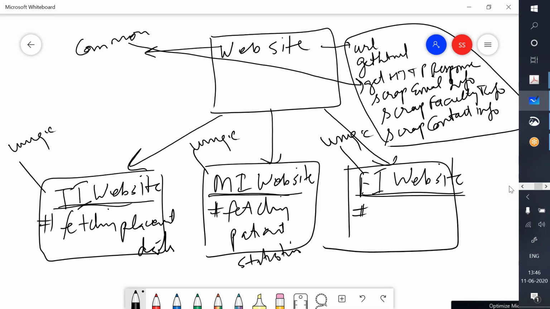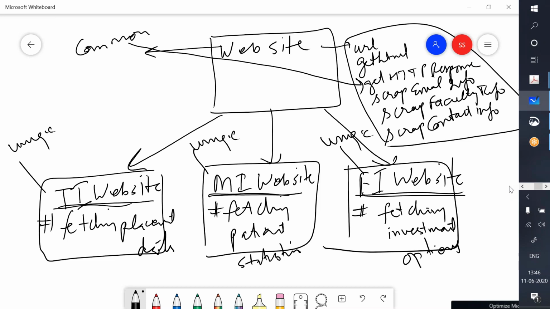And here you may go ahead with fetching investment options. Each of these three sites gives you the unique functionality. So this is a hypothetical inheritance scenario in case of websites that you can attempt to create in your next session in 1.5 hours time.